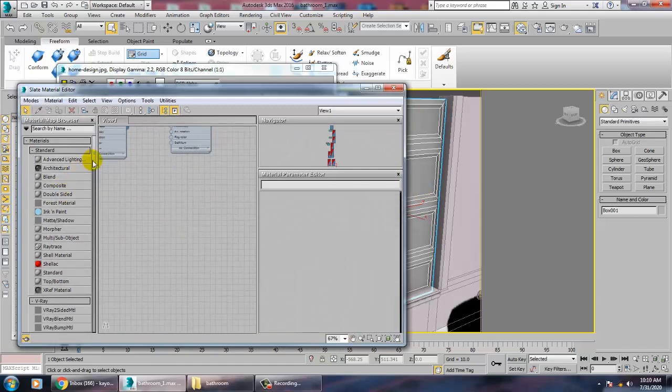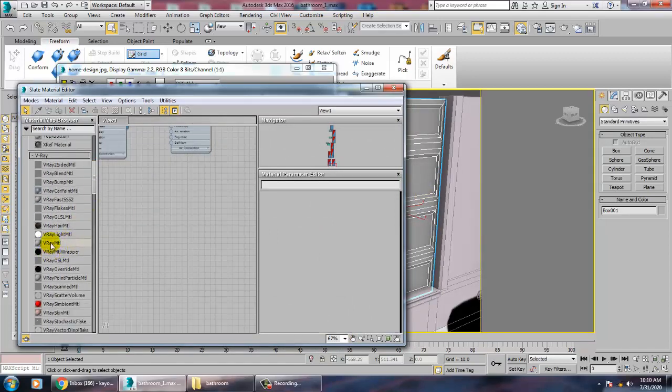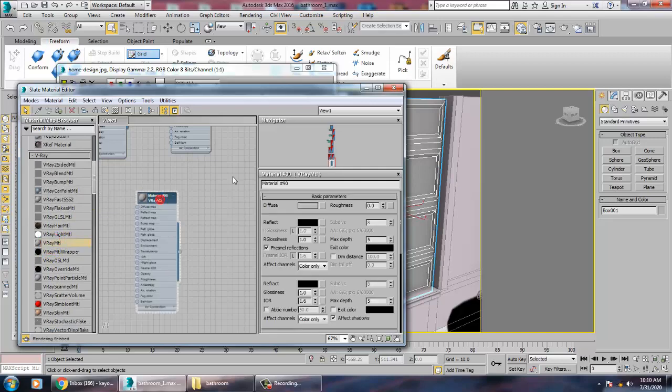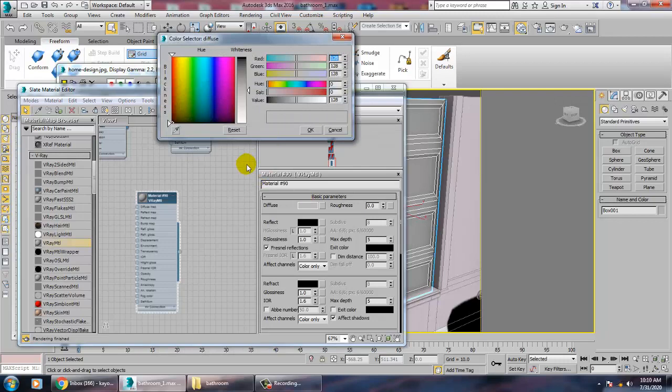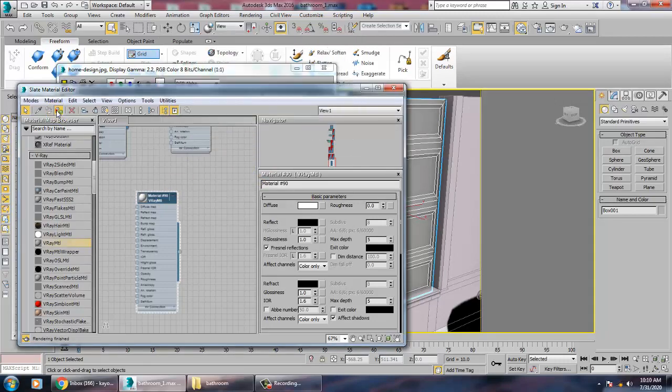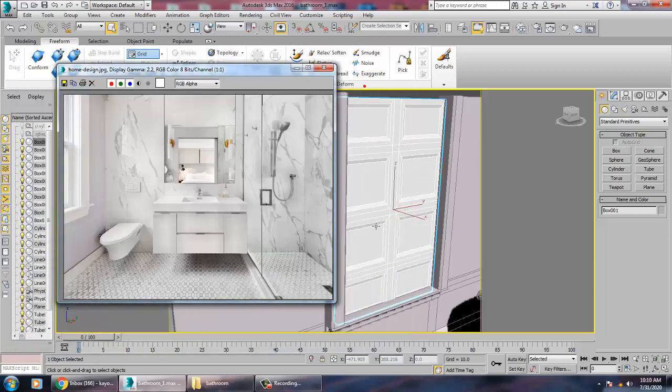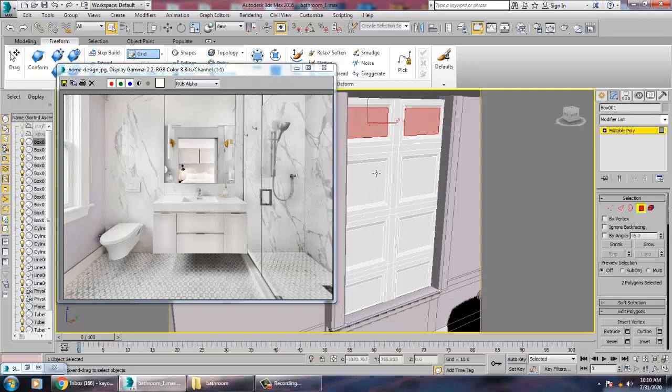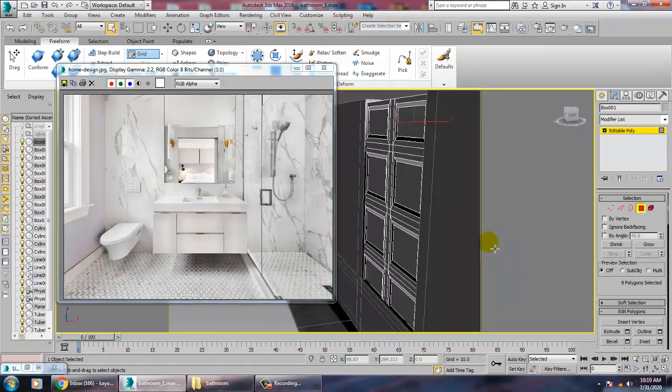Let's go into the V-Ray material and give a texture, or we can just give a color to it. Let's give a white color to it for now. Press 4, go into polygons, and select all the polygons for this window.